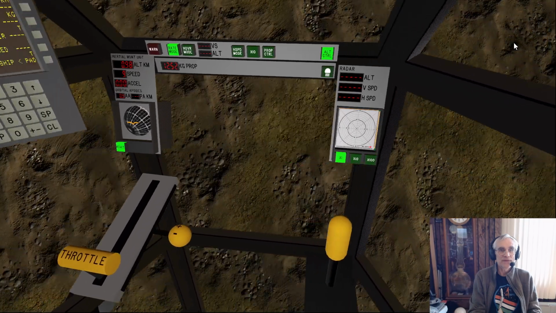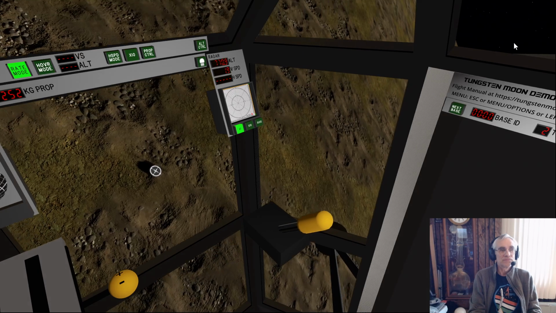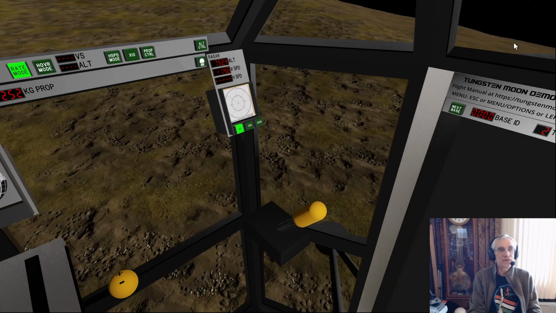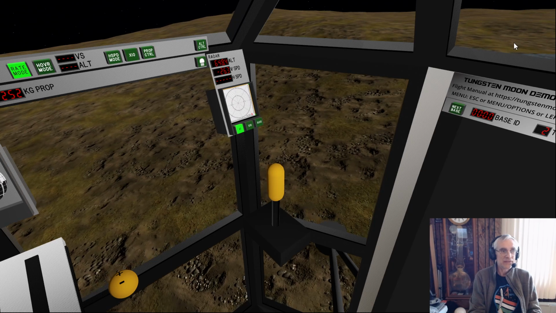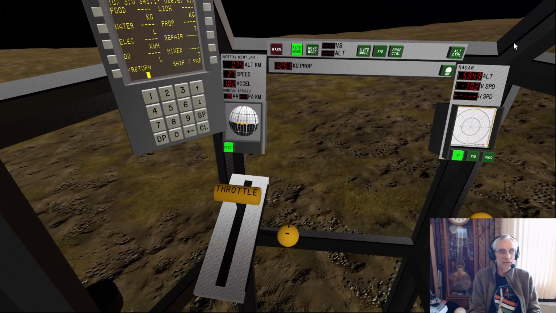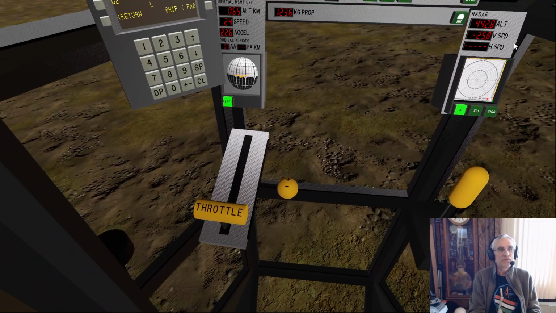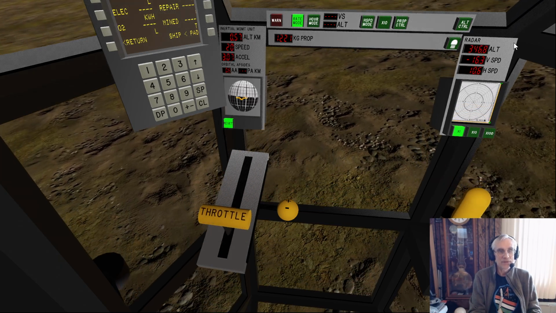There's one of our pads, and there's another one. Okay, I'm exactly where I want to be. All I need to do is keep my wings level, so to speak. I don't have any wings.